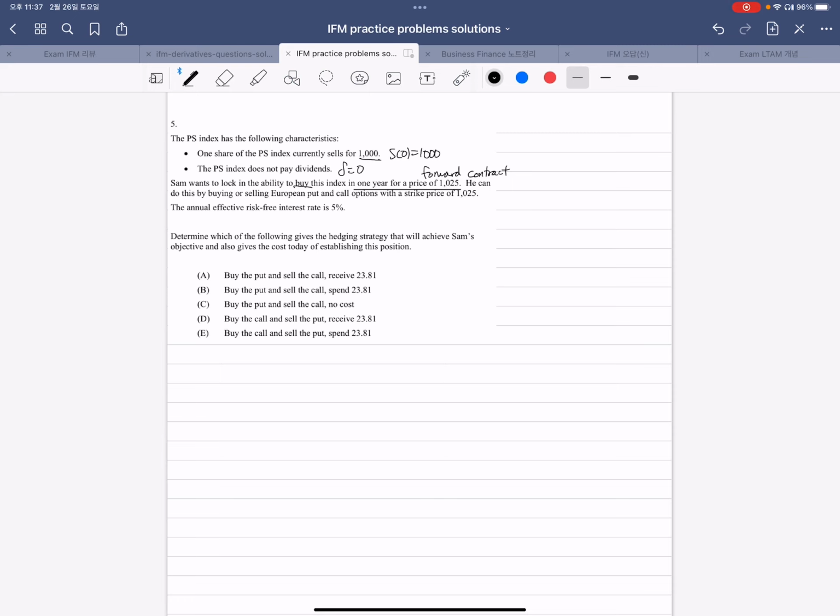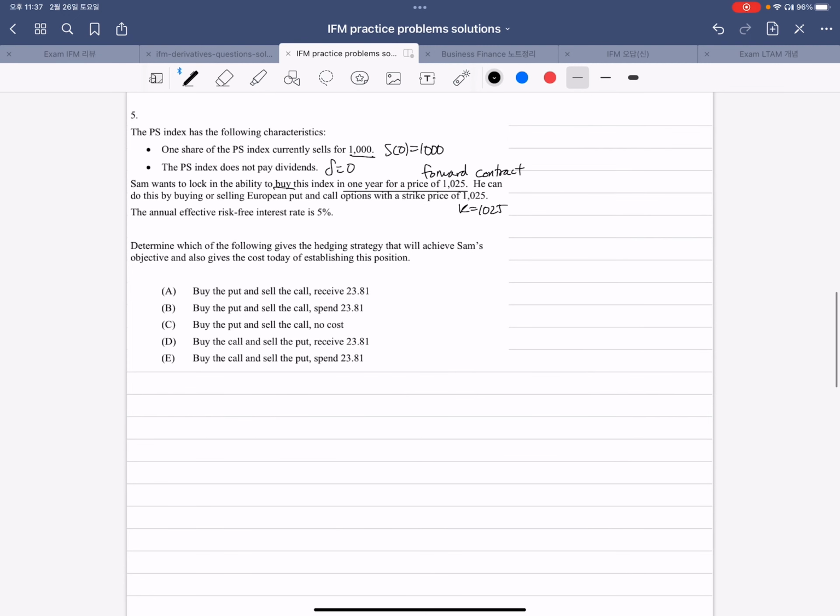So this is a forward contract, and he can do this by buying or selling European put or call options with a strike price of 1025. The annual effective risk-free interest rate is 5%, so i equals 0.05. And one thing to note here is that